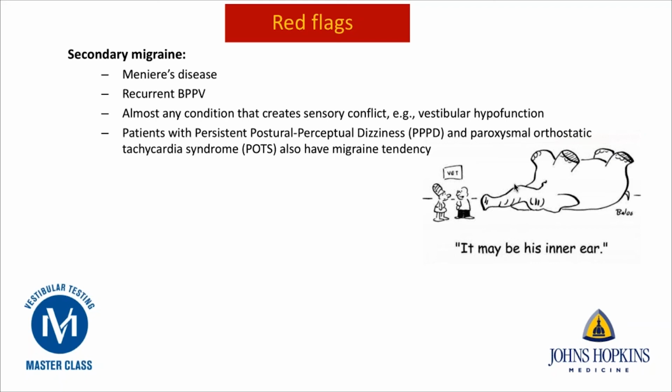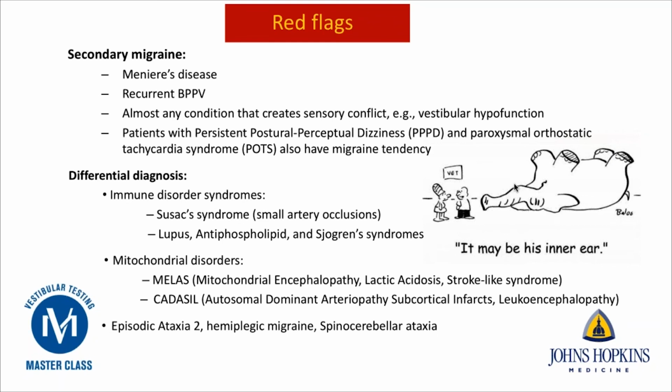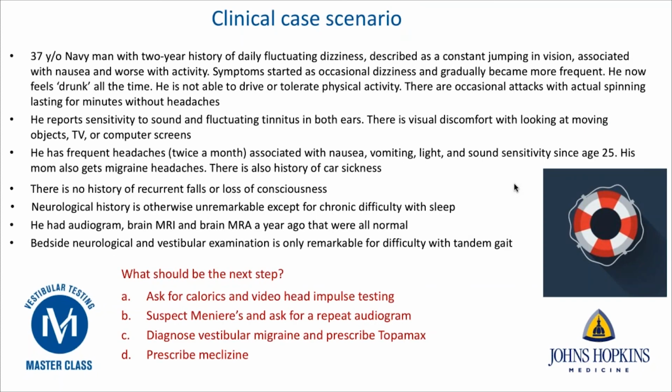It's also important to look for other causes like immune disorders, mitochondrial disorders, or episodic ataxia or spinocerebellar ataxia that could be associated with migraine. So let's get back to our case. Our 30-year-old Navy man with a 2-year history of fluctuating dizziness, sensitivity to sound, frequent headaches, but no other significant neurological findings. So based on what we discussed so far, it's important to rule out the secondary migraine in these